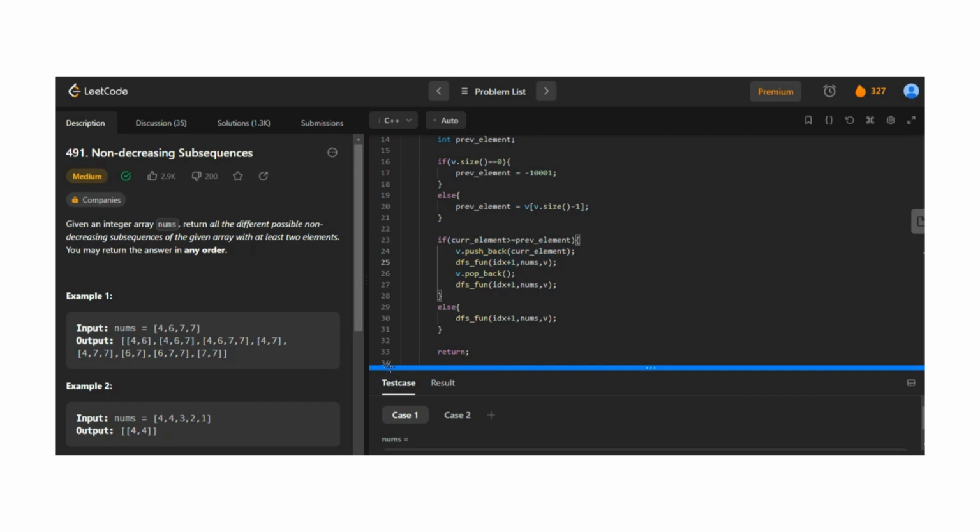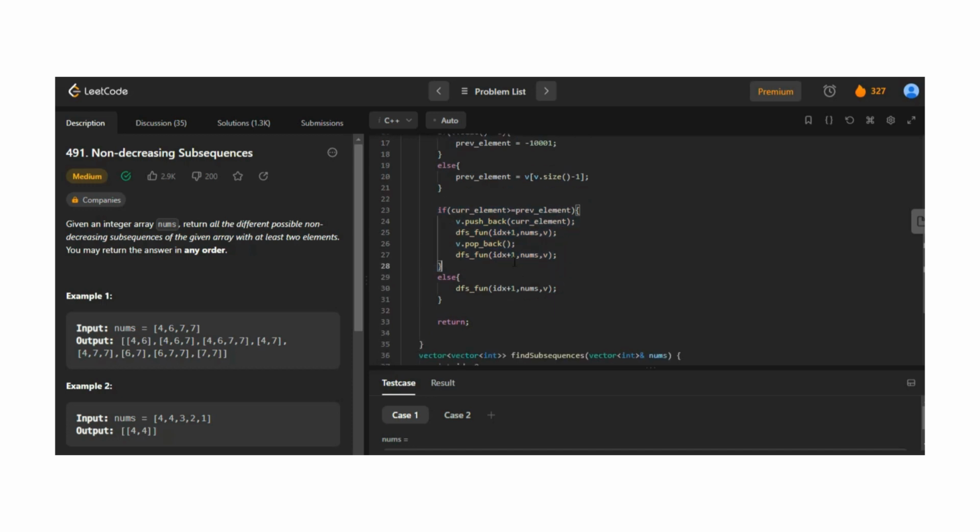Suppose we do not want to take that element, so we do not need to choose that number. We need to skip that number, and we can move to the further part of the array. So here, as we have pushed the element, we need to pop back that element, skip it and call the recursive call for the remaining array elements. So this is very simple. Else, if the current element is not greater than or equal to the previous element, we need to skip, as I have marked with the red color in the explanation part. So we simply call the recursive call for the remaining array elements.